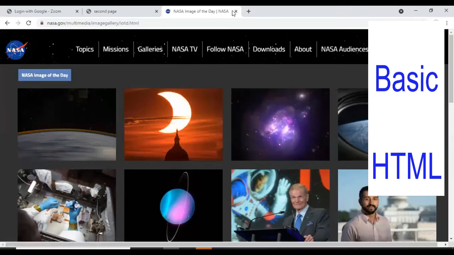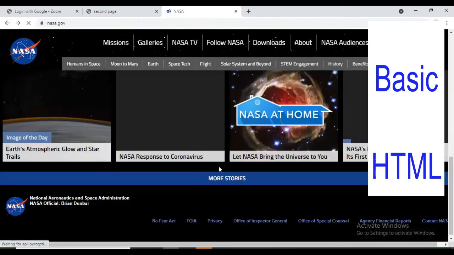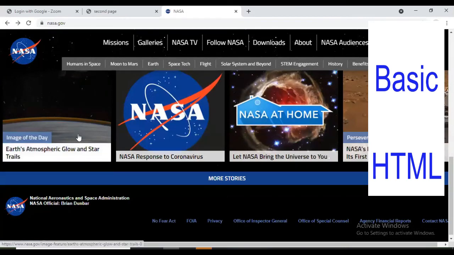Okay. So basically on a website, it is not possible to put everything on the first page. So there are links. By clicking on different links, the user can easily find the information he is searching for. Okay, so we can get an idea.